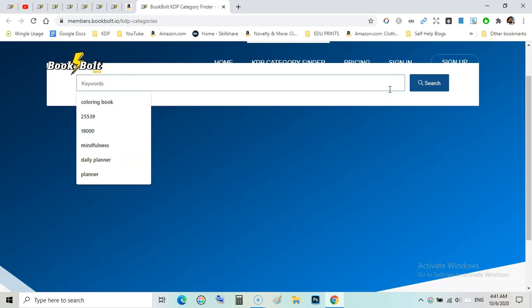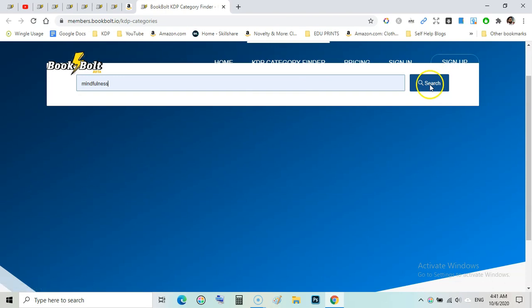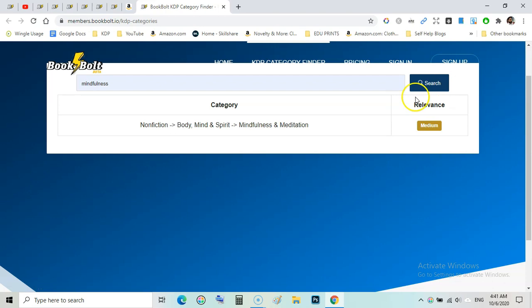Like this, if I type mindfulness, it is not working. It may be a temporary error. No, it shows the result: non-fiction, body, mind, spirit, mindfulness and meditation. So this is a very useful tool.